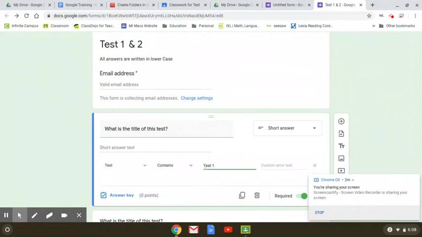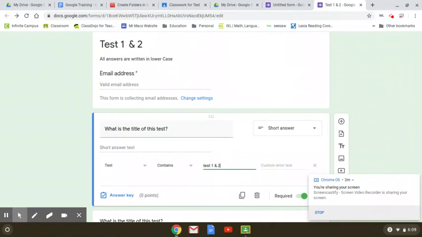So you may want to change that. I usually change it to where all written letters are lowercase. That way, students do not get questions wrong based on whether or not they put uppercase or lowercase. Whether it's a proper name, what have you, it's all lowercase. So test 1, or maybe if you want to be more specific, I would say the answer actually is